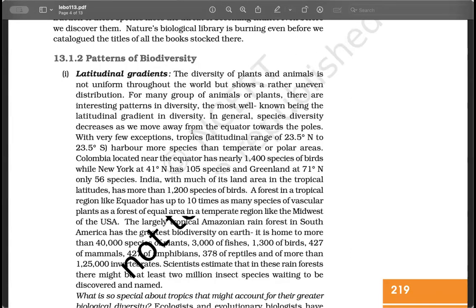What is a temperate zone? Is it closer to the equator or closer to the poles? It is closer to the poles, but it doesn't come under the polar region, so it's not frozen, right? But it has a lower temperature as compared to the equator. So that's the temperate zone in which most of our European countries come in, and the North American states come in.